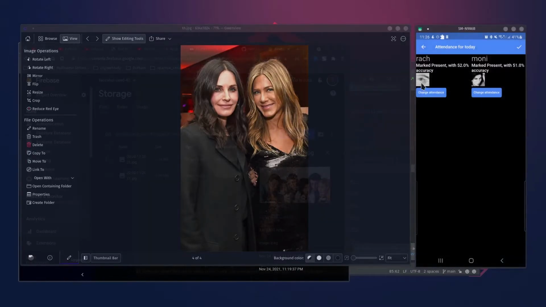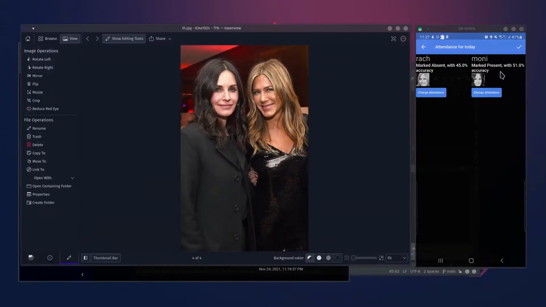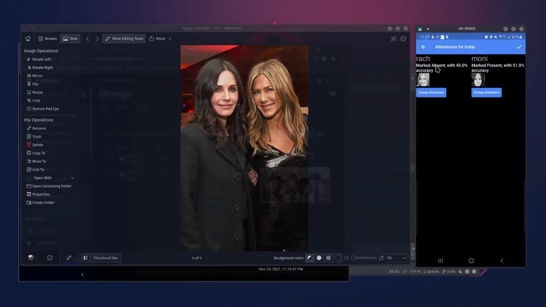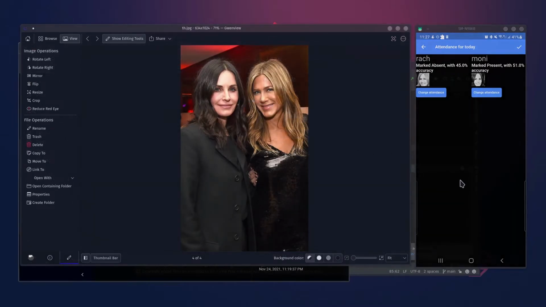Also currently we are having some difficulties displaying the contours around images properly, and that is the reason the first image is zoomed a bit. So we have got both of the heads correctly identified by the algorithm without any issues, and both will be marked present. Not Rachel at this time because of its accuracy, but I believe once we train this model enough, we will be able to make the model even more accurate.